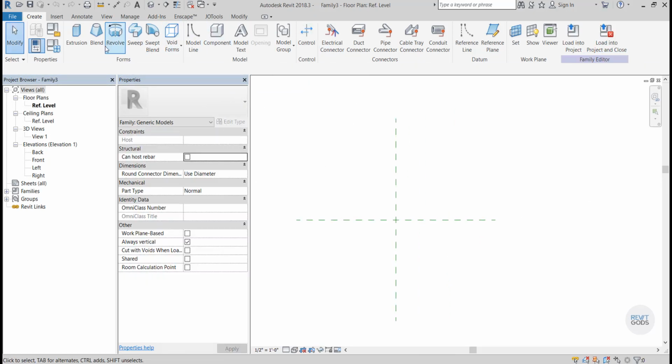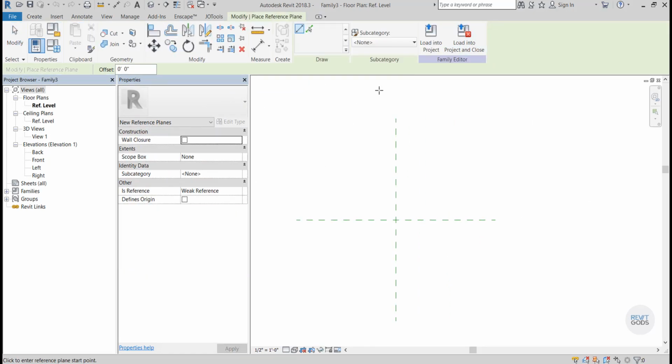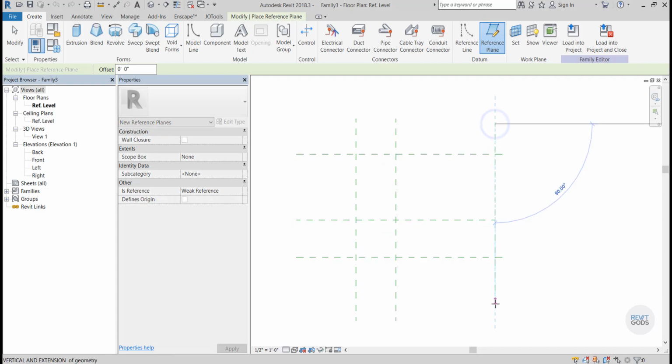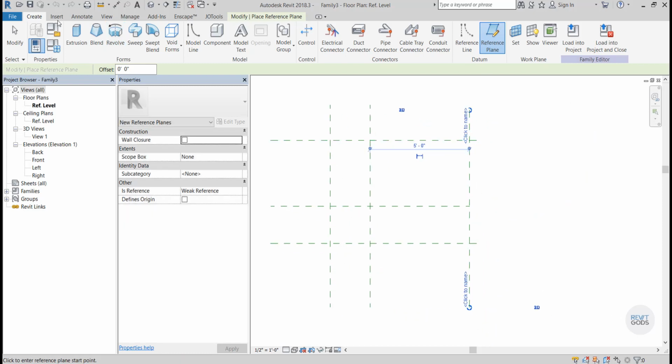And right from here, I'm going to use reference planes to generally design my family. That's the Create tab, right under Reference Plane. I'm going to draw a few reference planes to really outline the basics of my bar. So this will be an L-shaped bar. This will be the front part of my L, and this will be the back part. So we'll draw my bar in, and then I'm going to use